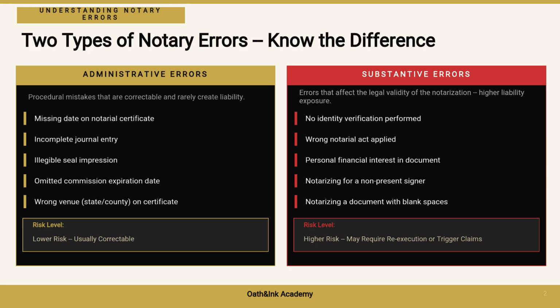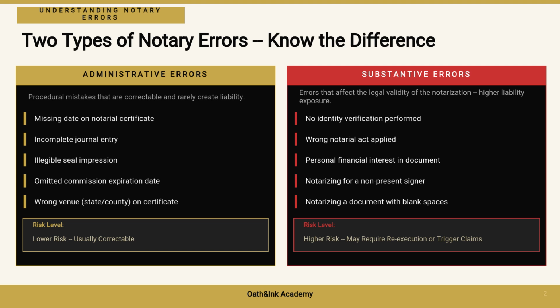Let's break this down from the beginning. There are 2 categories of notary errors. Administrative errors are procedural mistakes: a missing date, an incomplete certificate, or a skipped journal entry. These are correctable and rarely result in liability. Substantive errors are more serious: notarizing without identity verification, completing the wrong notarial act, or notarizing a document you had personal interest in. This distinction matters because how you respond and whether your E&O insurance applies depends entirely on which